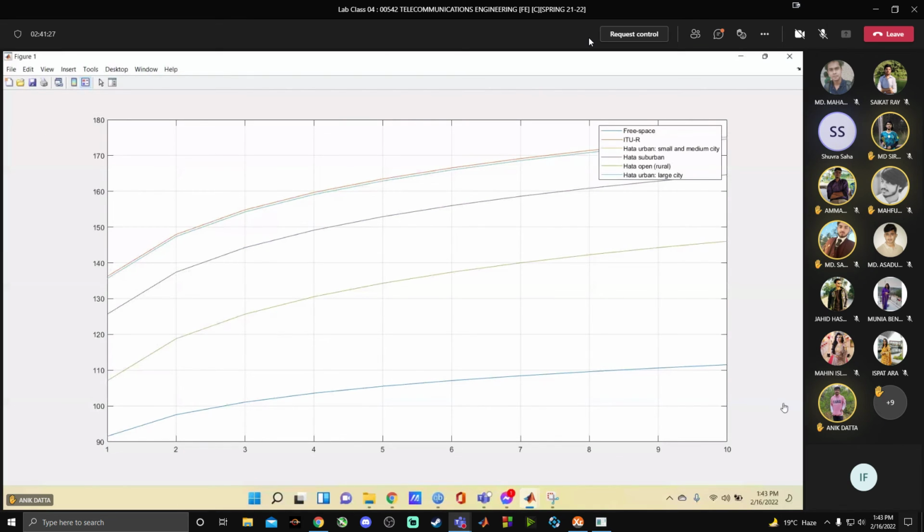So currently my frequency is 900 megahertz set, right? So let us compare it with 1800 megahertz frequency, 1500 megahertz frequency, okay? So এখন দেখো উপরের যে সবচেয়ে highest path loss যেটা আছে সেটা শুরু হচ্ছে কোথা থেকে? Around 136.7, right? For 1 kilometer distance, ITUR এর লসটা কত? Around 137 dB, তাই না? 36, 37? জি স্যার। আর ফ্রি স্পেসের জন্য হচ্ছে around 92 দ্যাট রেঞ্জ। সো এই ভ্যালুগুলো মনে রাখো।